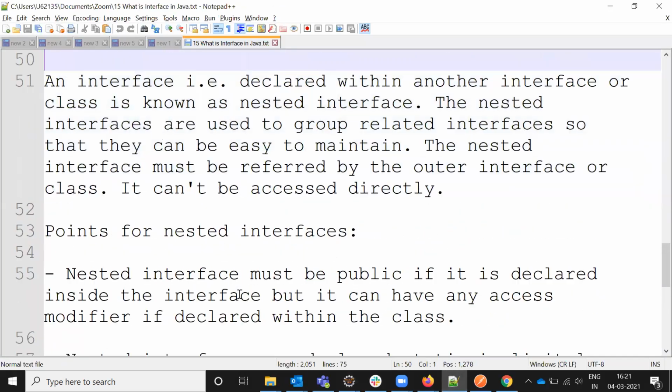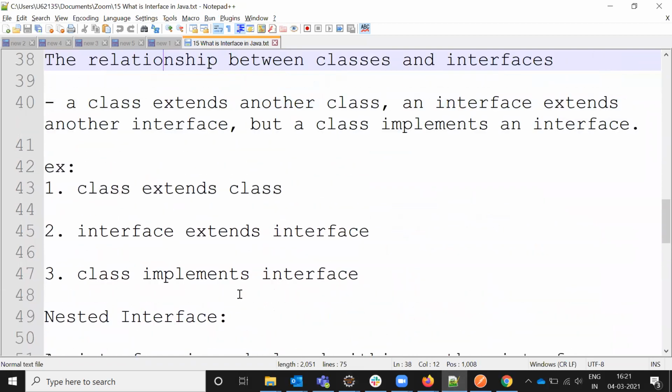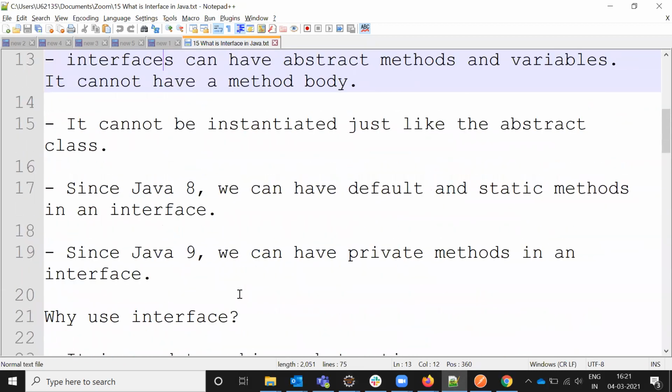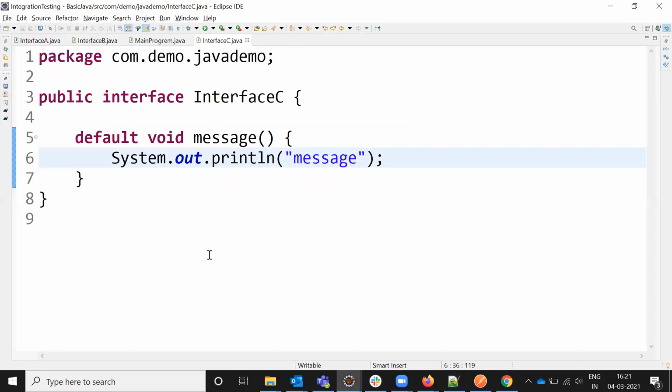Here nested. Since Java 8, default and static methods are present, and private methods in interface, and static ones we can also achieve.